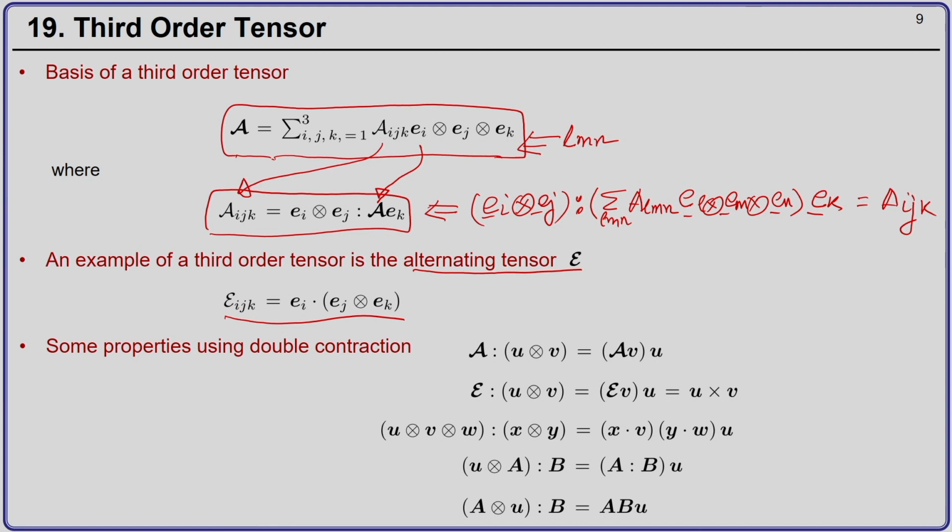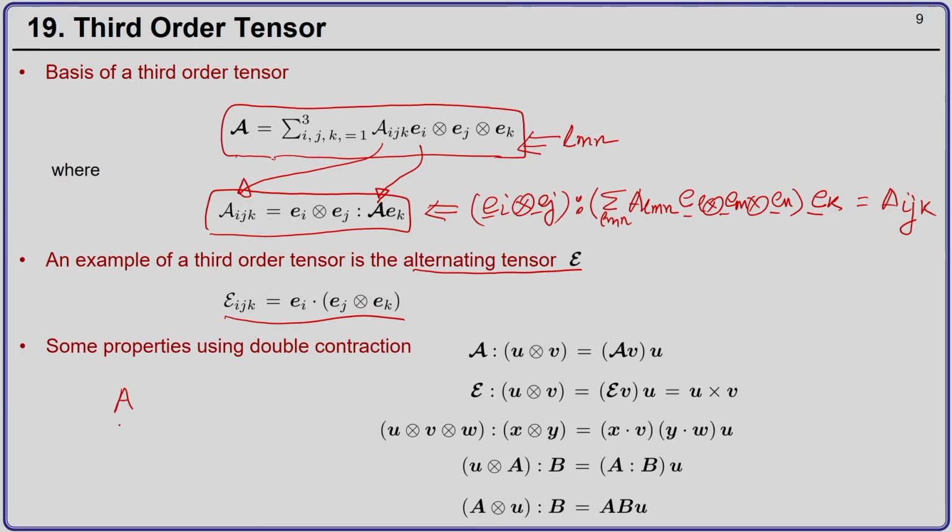This also again you can show, we already had discussed. How to get the component of our third order tensor? You can use the expression and show that indeed epsilon_ijk is e_i dot e_j tensor e_k. Now, the double contraction that we defined between two second order tensors, you can recall that A double contracted with B was A_ij B_ij. That is how the double contraction between two second order tensors was defined.